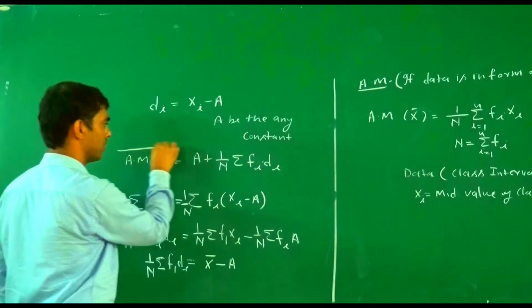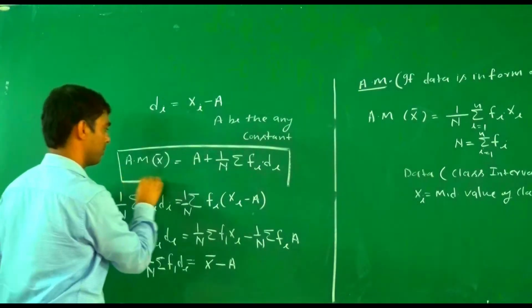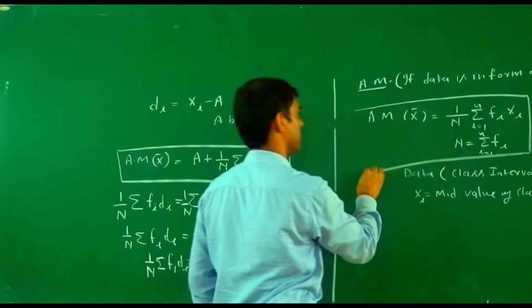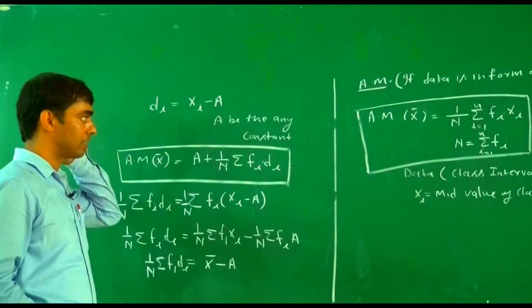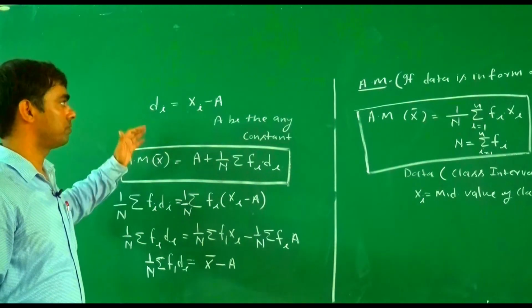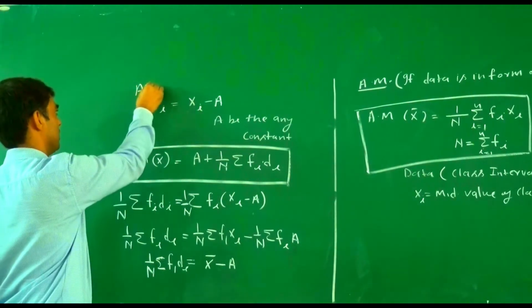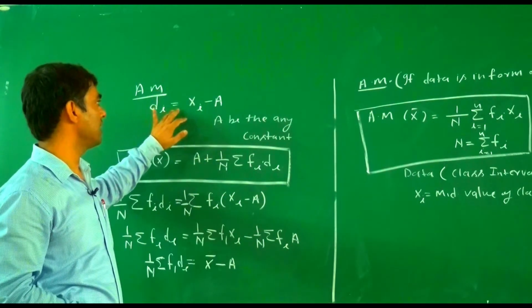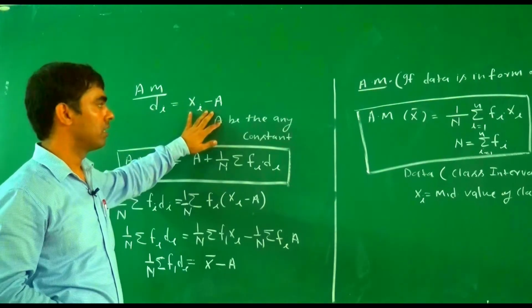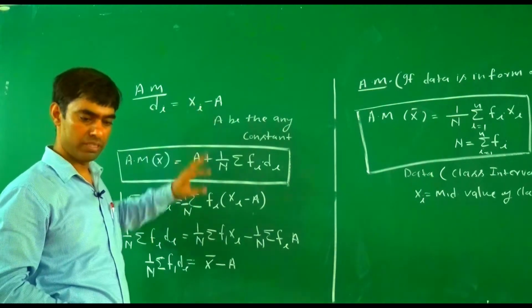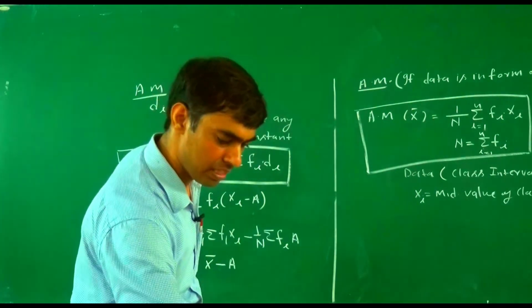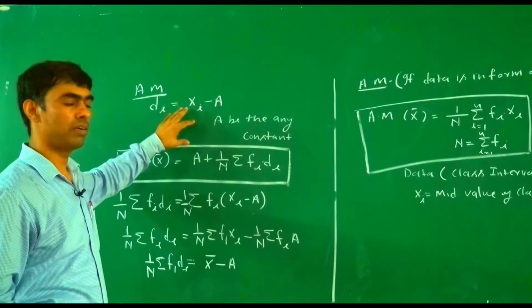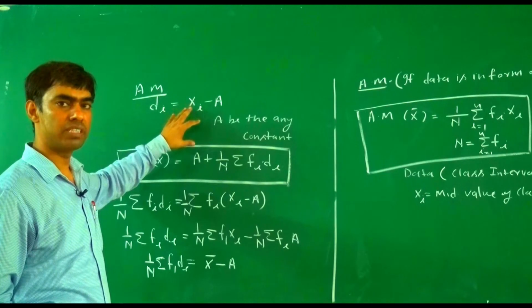This one is another formula. This one is also the arithmetic mean. Now, the third one is what? Sometimes by using di equal xi minus a, the data is not reduced as much as required. Also, if we use this one, the calculation may take a lot of time, it may be time consuming.